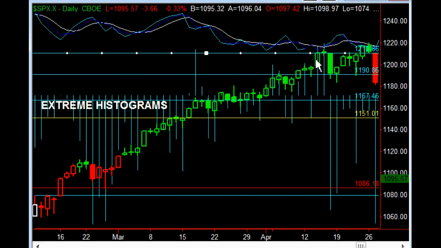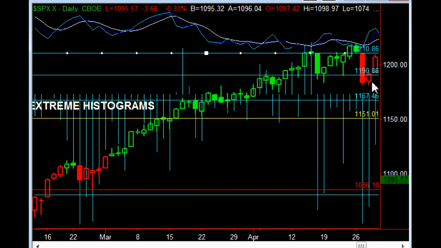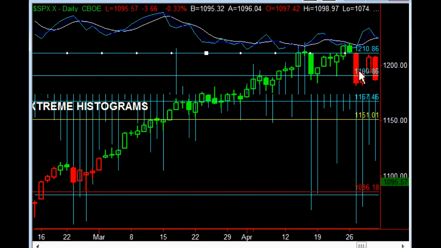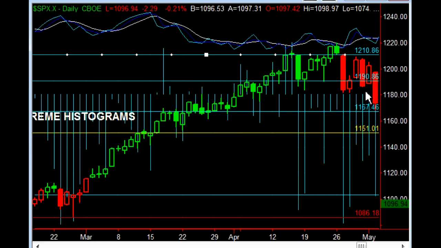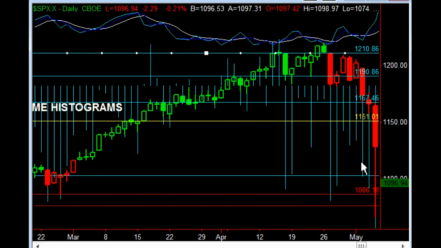It cleared out all of these upper histograms, and then its price shot right back up again, but our trend model had completely flipped to the downside. And we had some spikes that were below the 50 line, which is not bad. Those are typically bullish when it moves right back up from that particular spot. But then the floor falls out, and we can see that this was the flash crash. And so some people say, well, no way to project the flash crash, and certainly wasn't projecting the flash crash, but certainly up here at 1210 and even at 1220, we were still looking for 1150 to be retraced easily